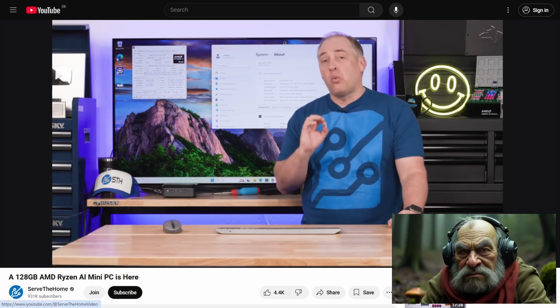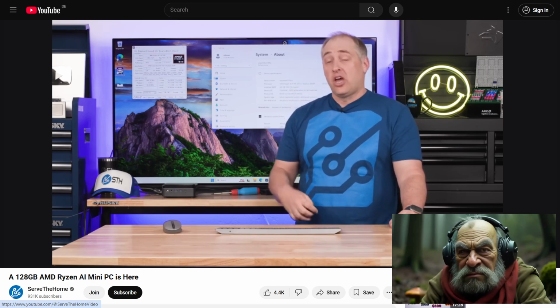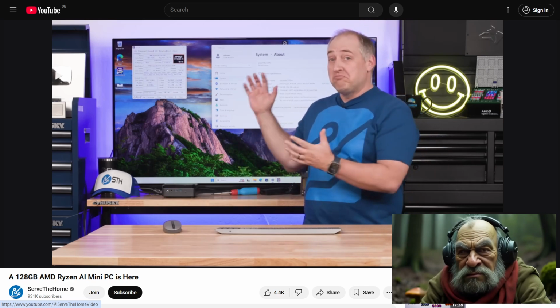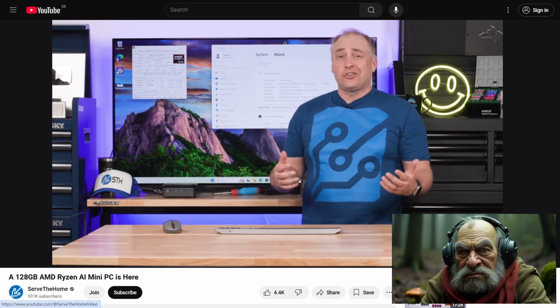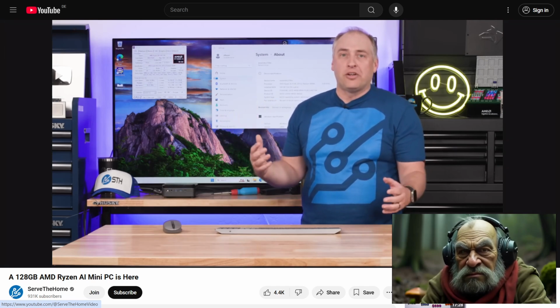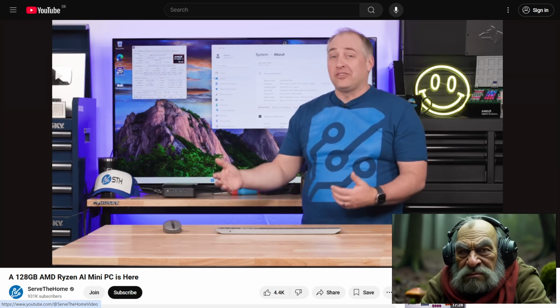Why a system like this with 128 gigabytes of memory? There are 3 reasons. The first one is that you can just run more stuff. If you want to have a lot of Chrome browsers open, or Chrome tabs open, you can go do that with this 128 gigs. You just have more memory. You also can run things like Photoshop or other things that just suck memory, you can just get more if you want to. Of course, you are paying for that extra memory, but it's an option at least